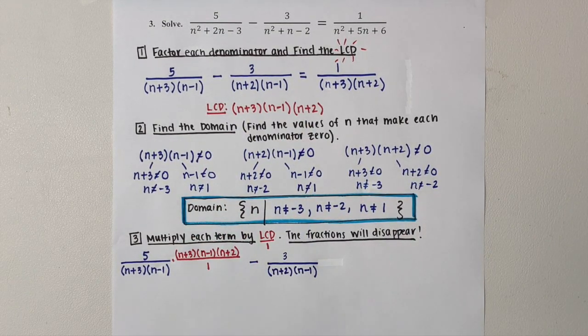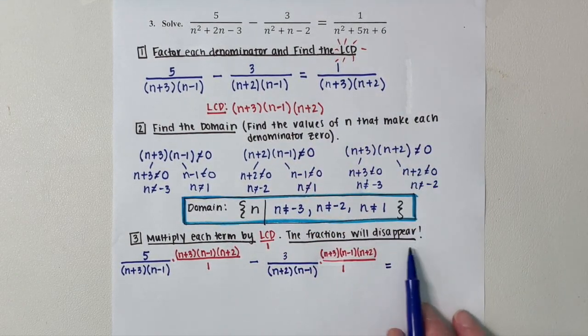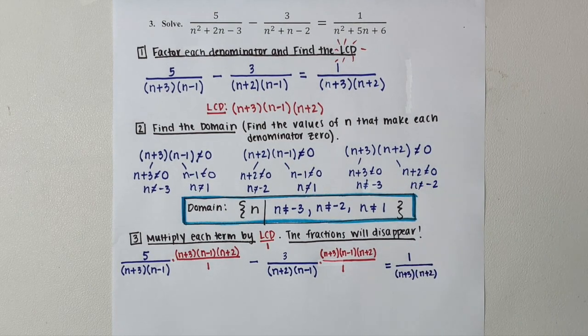And again, we're going to multiply by the LCD over 1, and then we'll bring down the equal sign, and we'll take this term and write it right here, and we're going to multiply it again by the LCD over 1, as I've written right here. Now, our equation momentarily looks much more complicated, but as soon as we cancel, we'll see that all of the